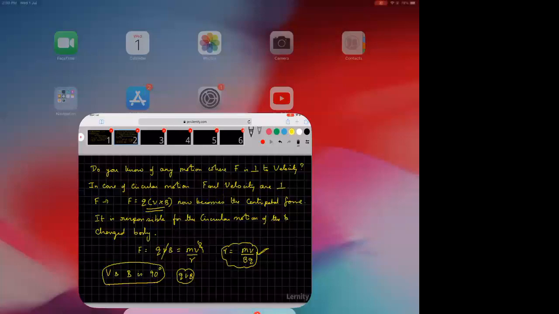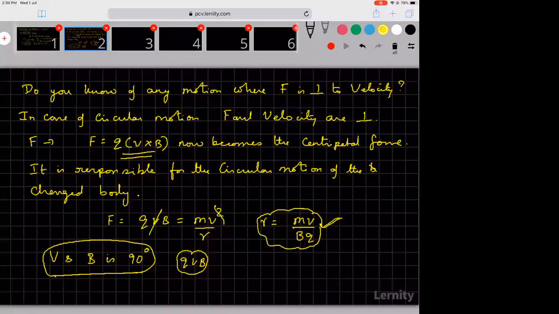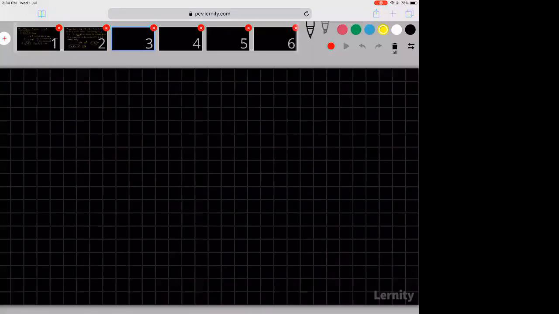So if we understand this, then let us move on. So yesterday I gave you some questions. I said, look, this is the direction of the velocity. This is the x direction. So x axis. So I'll say i cap. This is the y axis. So I'll say j cap is along this, and this is along the z axis. k cap. So I said, let the magnetic field be into the plane of paper.